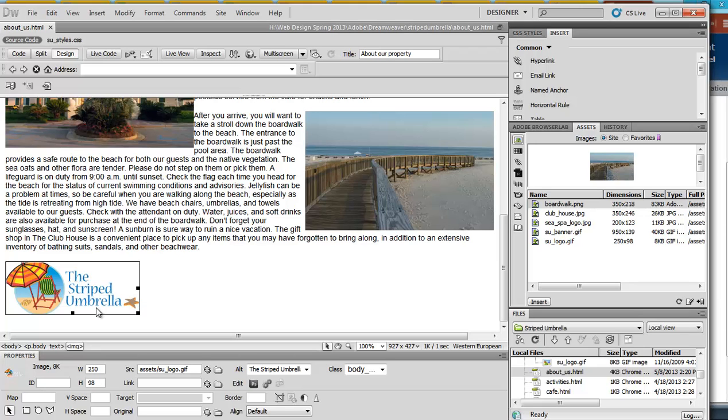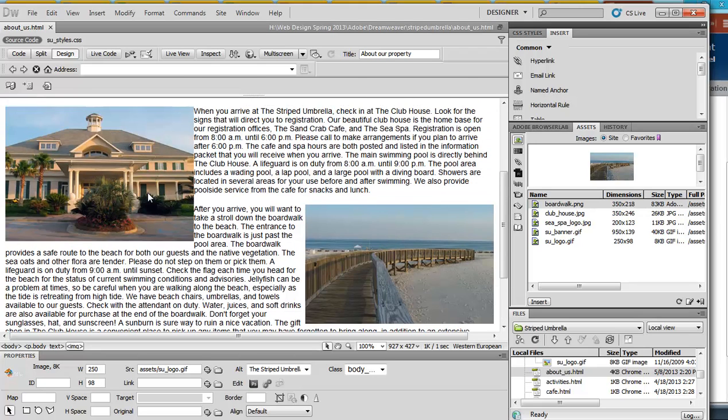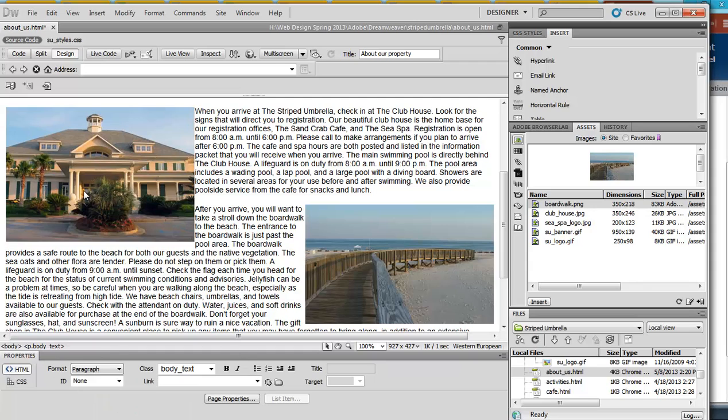What I want to do now is have Dreamweaver add a border to our image for the clubhouse. So if you select your clubhouse image, down here on the bottom in my properties panel, there's a spot where I can by default put a border on the image. You type in a number, and the number indicates the width in pixels of the border that will appear. So with the clubhouse picture selected, on border, let's put in 1. And then when you click off,